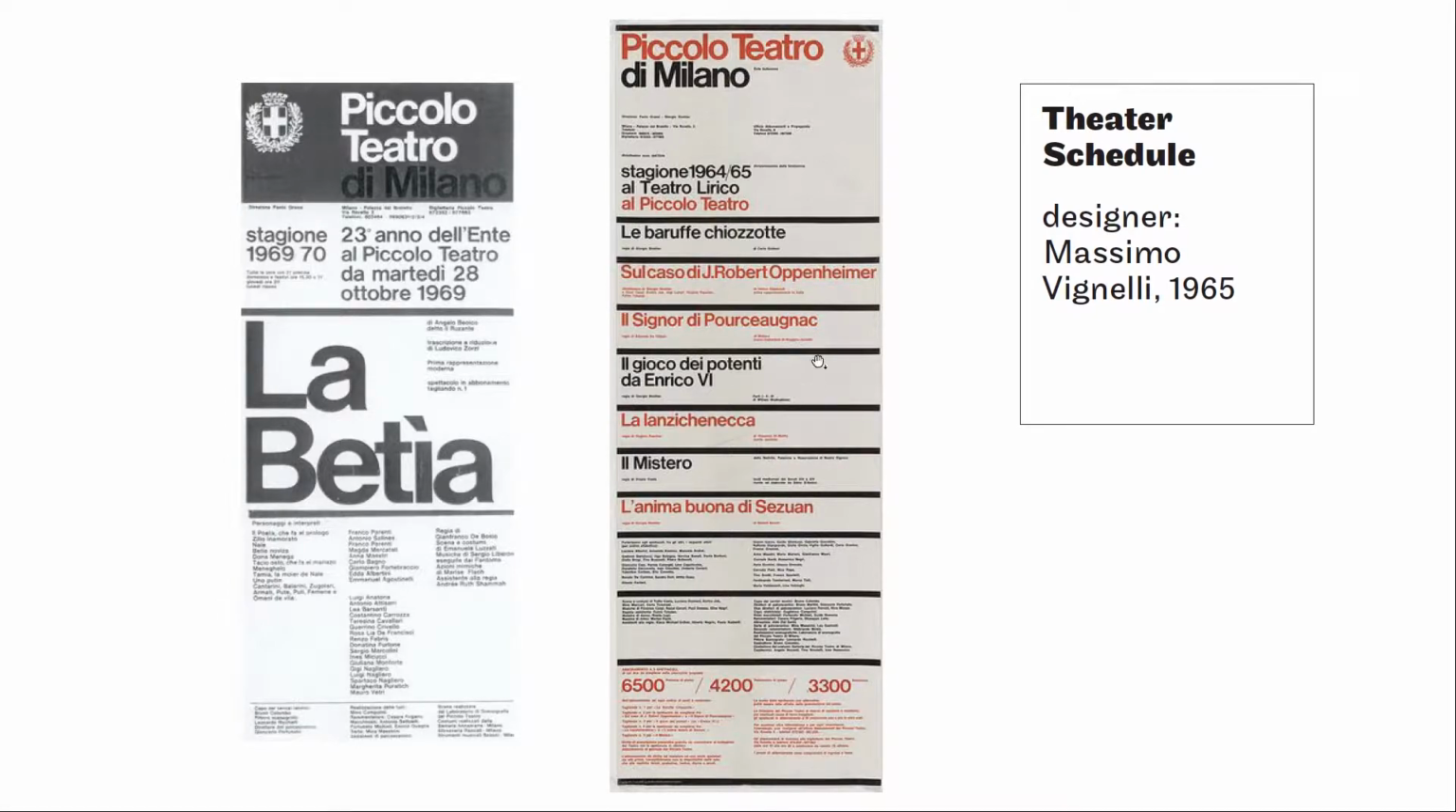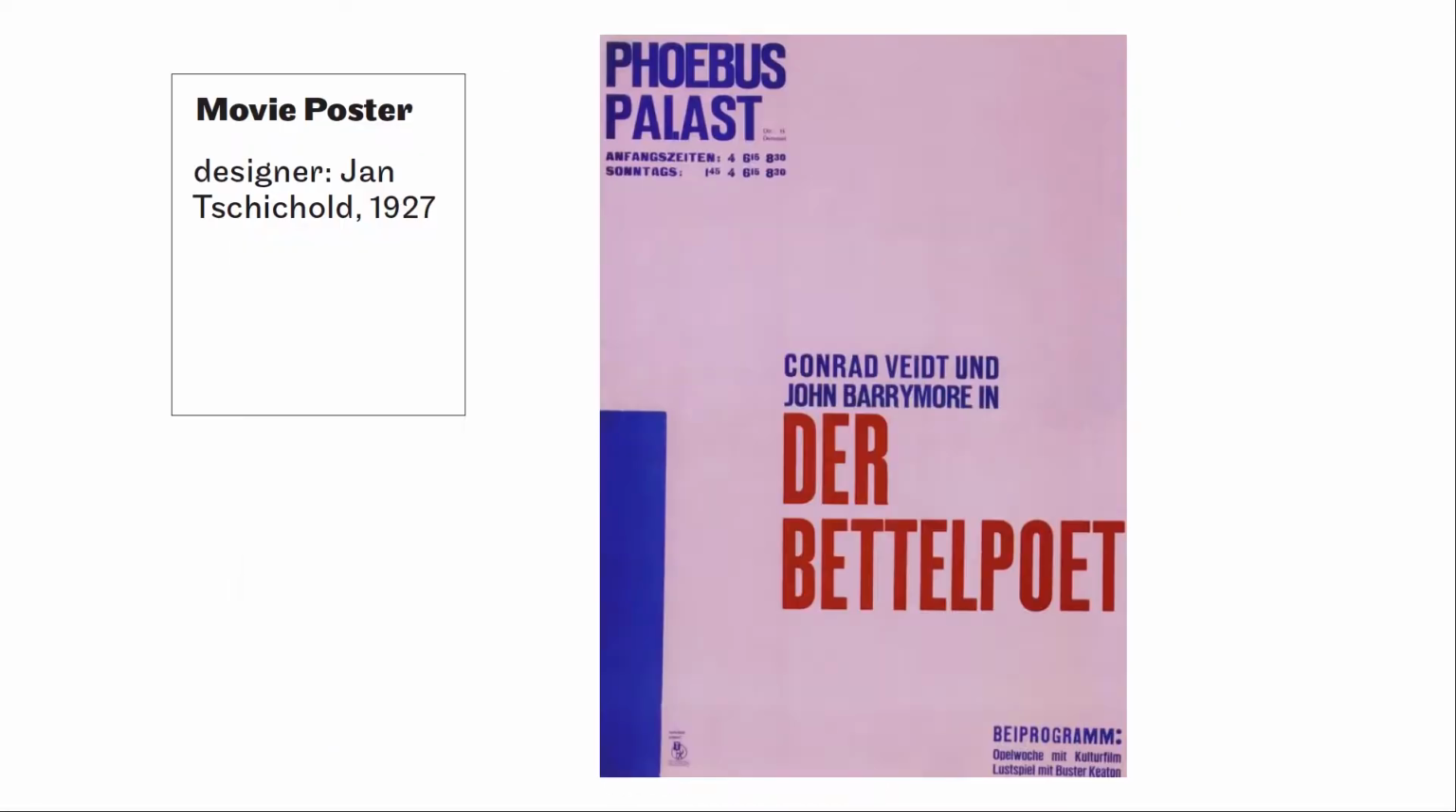And then there's a couple of other hierarchy decisions happening through color. Now, you might not think that this is necessarily beautiful. Massimo Vignelli is kind of the world's clunkiest famous designer, but it's definitely visual, even in how rigid it is. This is a movie poster by Jan Tschichold from 1927, and